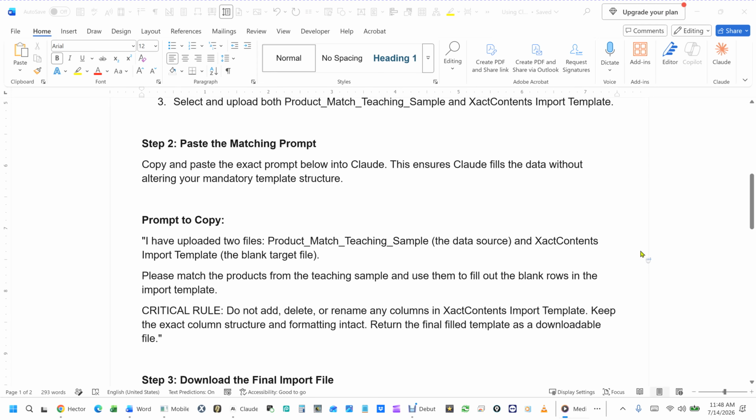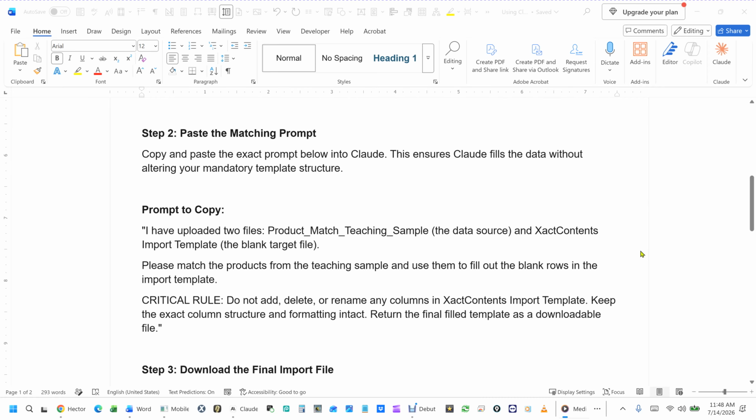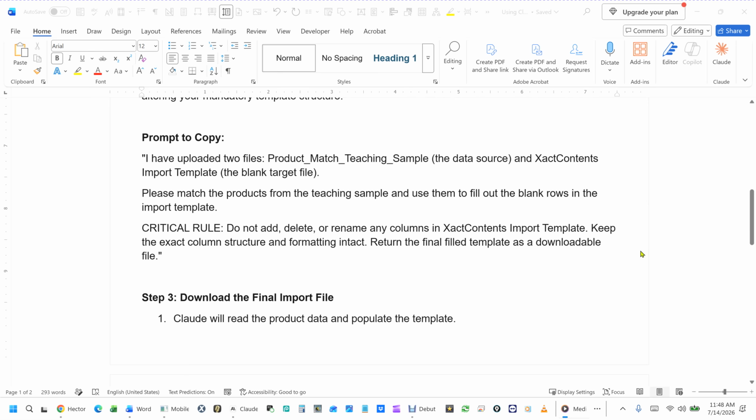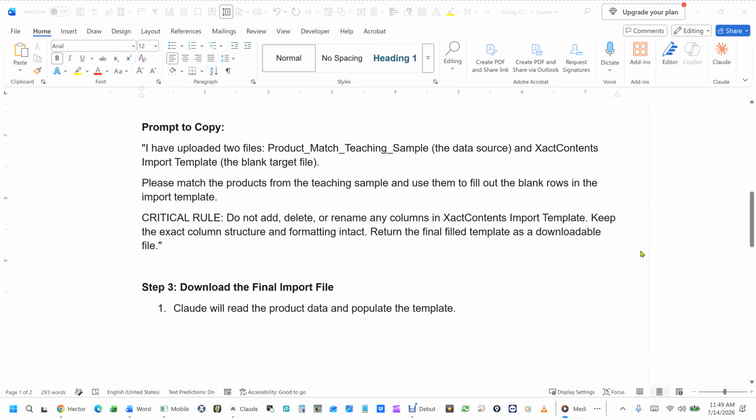Step 2. Paste the matching prompt. Copy and paste the exact prompt below into Claude. This ensures Claude fills the data without altering your mandatory template structure. Prompt to copy: I have uploaded two files, product match teaching sample, the data source, and XactContents import template, the blank target file. Please match the products from the teaching sample and use them to fill out the blank rows